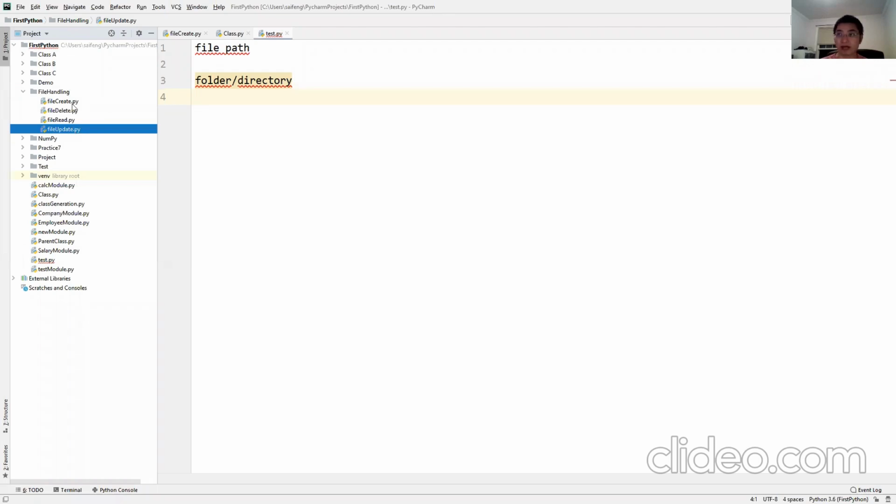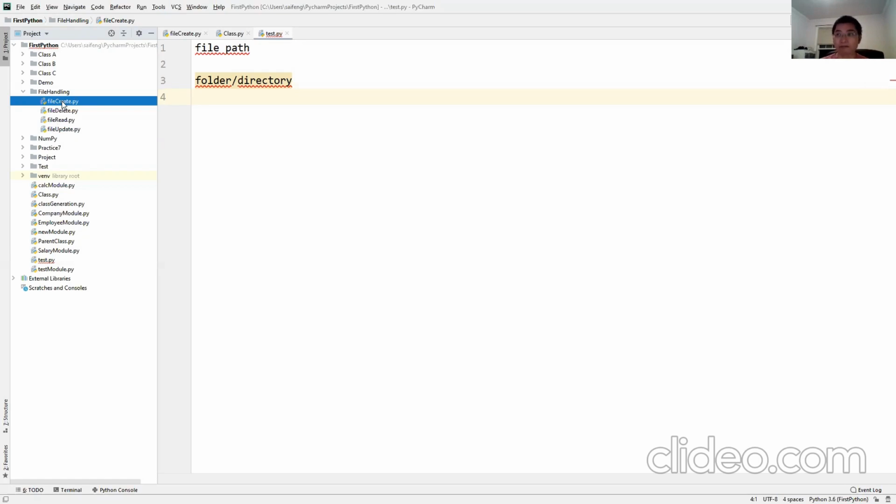The difference between the file and the folder is the file is an actual element, or the artifact, which is containing the content. And I can have different types of file: a TXT file, which is a text file, an image file, a Word document.